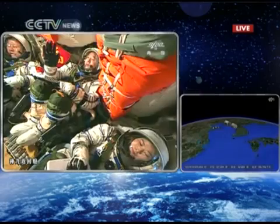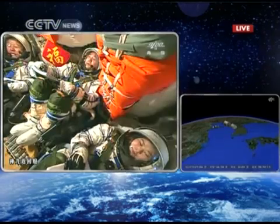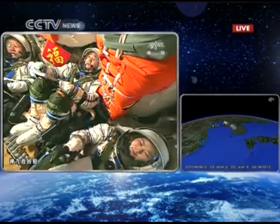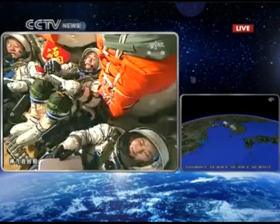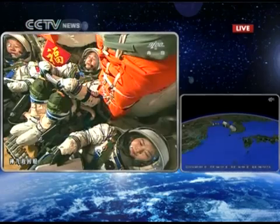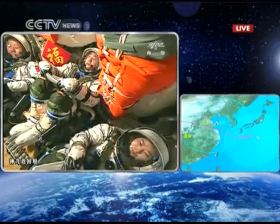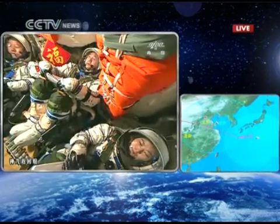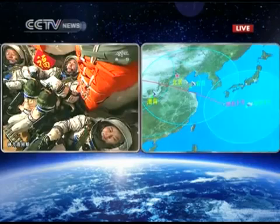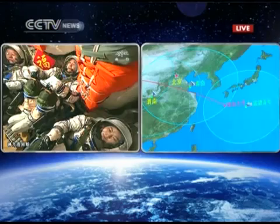And it will be traveling in this orbit for nearly 2 days. It will enter a circular orbit of 330 kilometers within several hours. Because the solar panels have already unfolded, on Monday Shenzhou 9 will be joining Tiangong 1's orbital module. By then, it will be chasing Tiangong 1 circle after circle. It will meet the Tiangong at